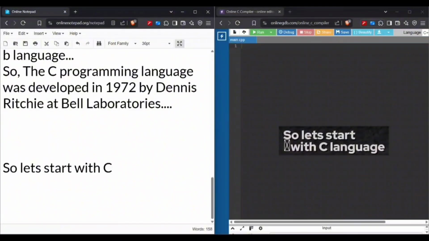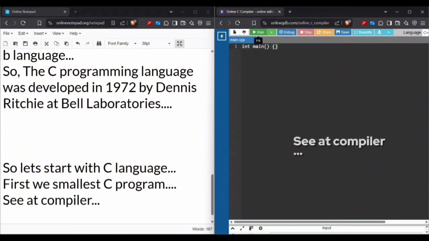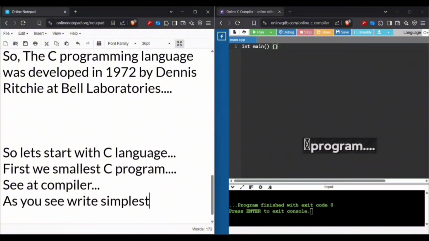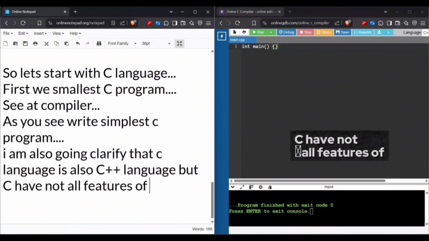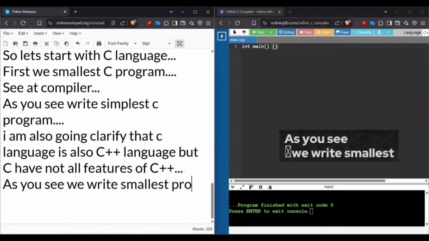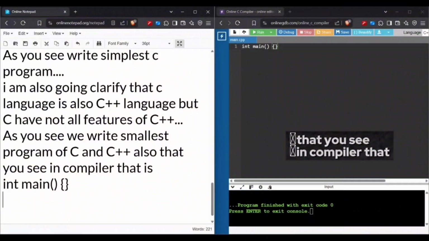So let's start with C language. First, the smallest C program in a compiler. As you see, the simplest C program. I am also going to clarify that C language is also C++ language, but C does not have all the features of C++. As you see, we write the smallest program of C and C++, that you see in the compiler,